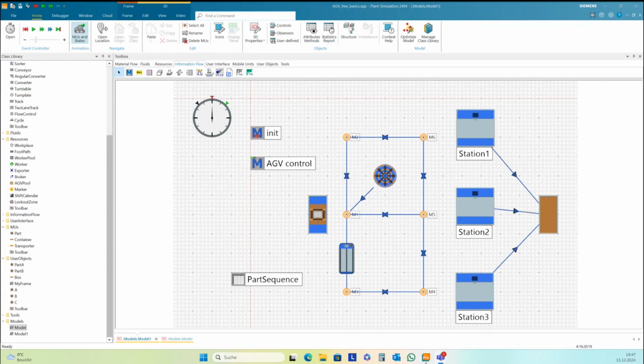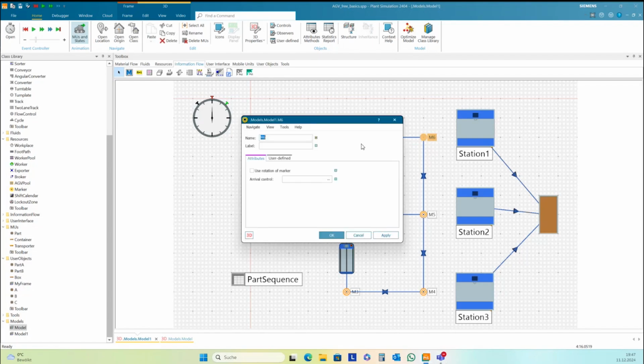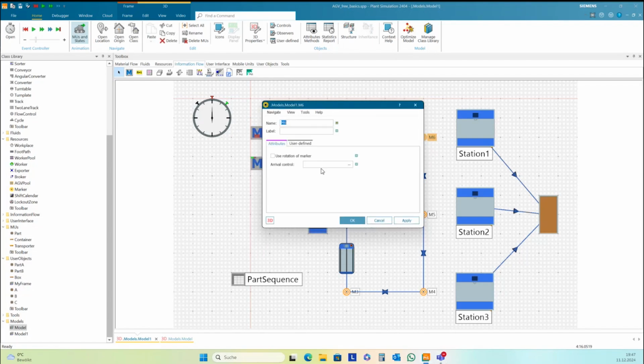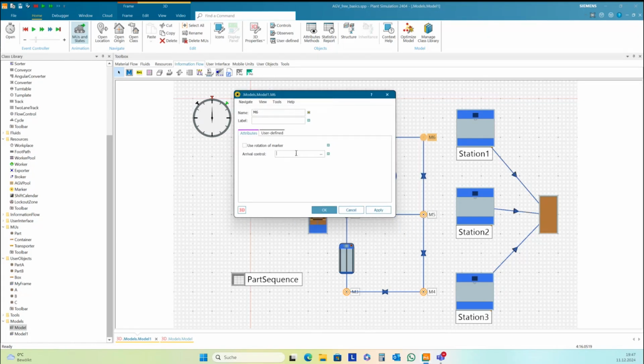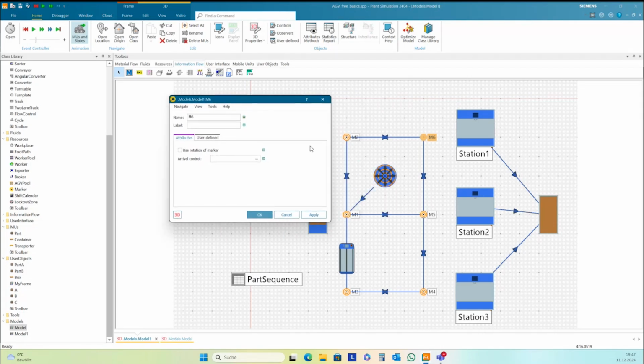In the meantime, now with Plant Simulation 2404, there are methods here. You can set arrival controls in the marker. And this arrival control will also be called if you hit this marker on the route.